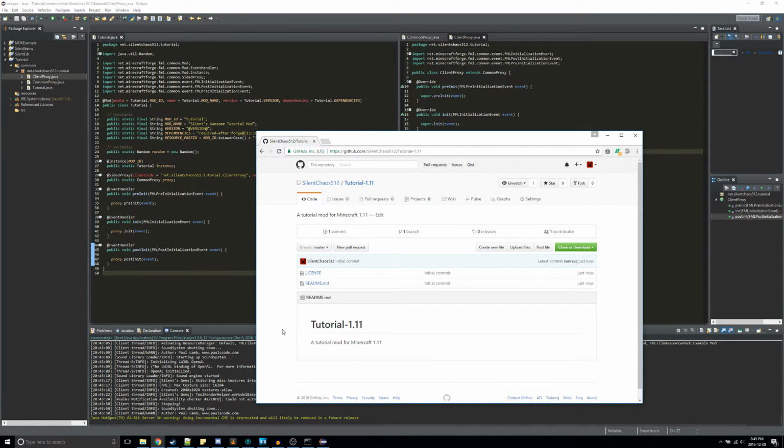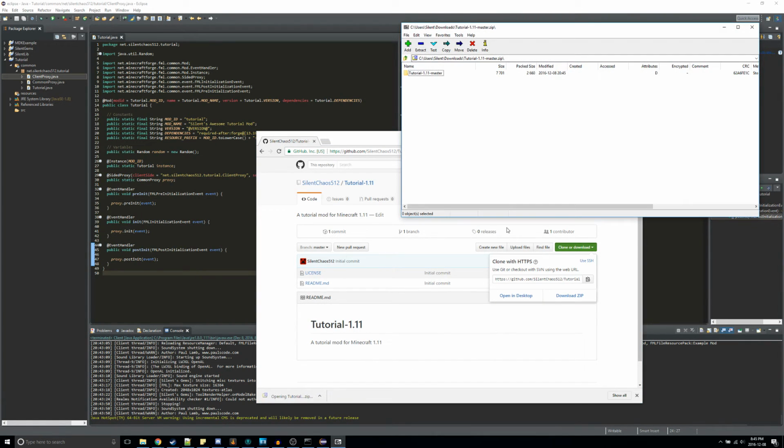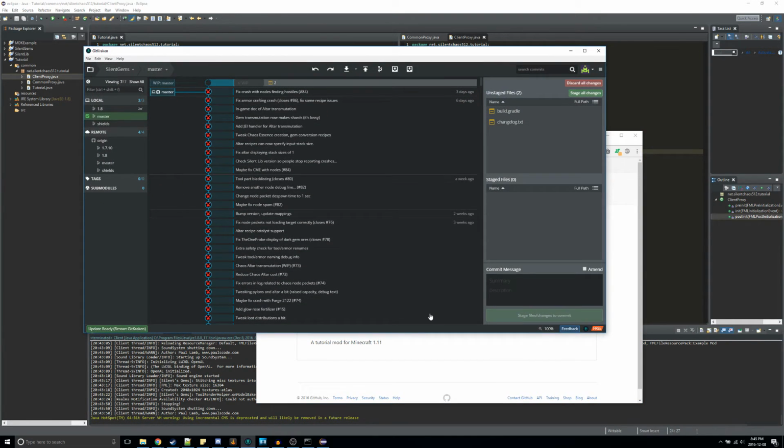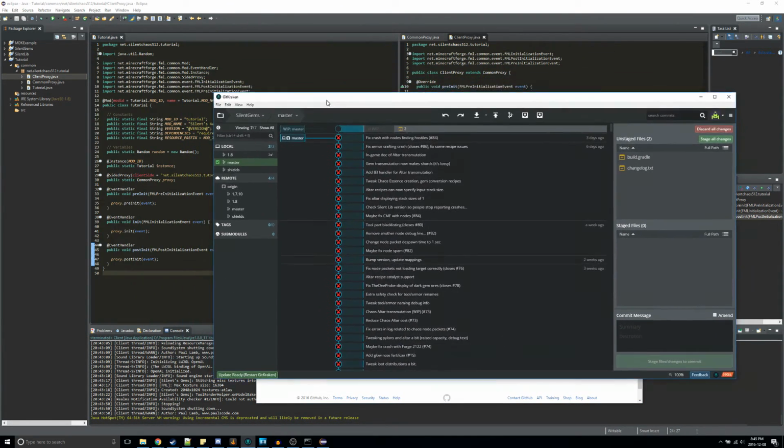So we've made our GitHub repository. We need to do something else though. So let's click this button up here, clone or download, and download zip. So open that file, and actually that didn't quite do what I wanted it to. Scratch that. Okay, so let's try copying this URL, and let's see if we can do anything with GitKraken